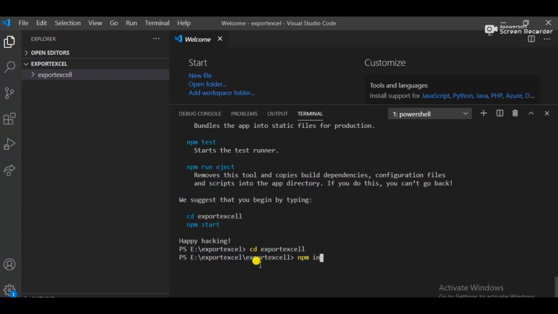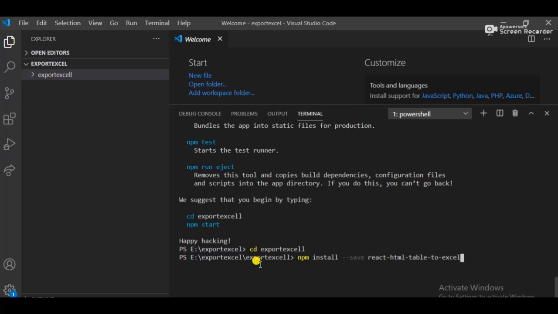After that, you just need to install this library: npm install --save react-html-table-to-excel.